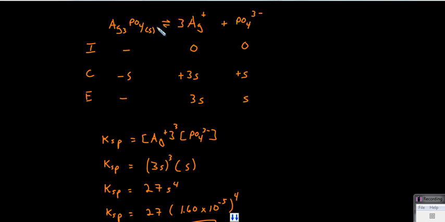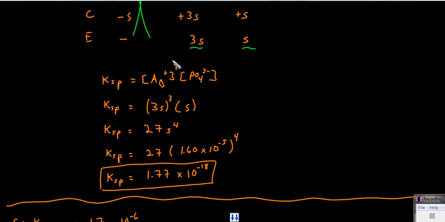We can see that this reaction allows us an ICE table where we have initially just some solids, so we can ignore everything in the change of that silver phosphate. And we'll get 3 times as many moles of silver dissolved as moles of phosphate dissolved. So for every 1 mole of silver phosphate that dissolves, there's 3 moles of silver and 1 mole of phosphate. So we can plug in this S, which is just like the X that you've seen, into our equilibrium expression. And so doing this and accounting, importantly, for the coefficients,